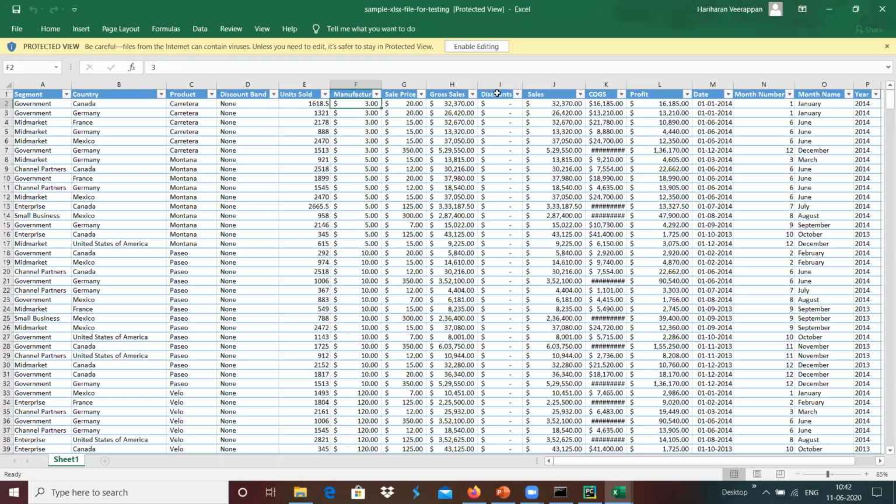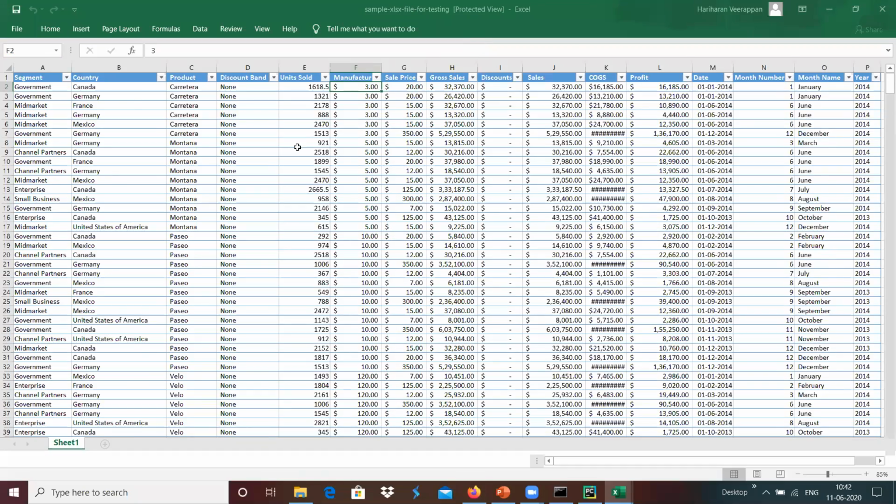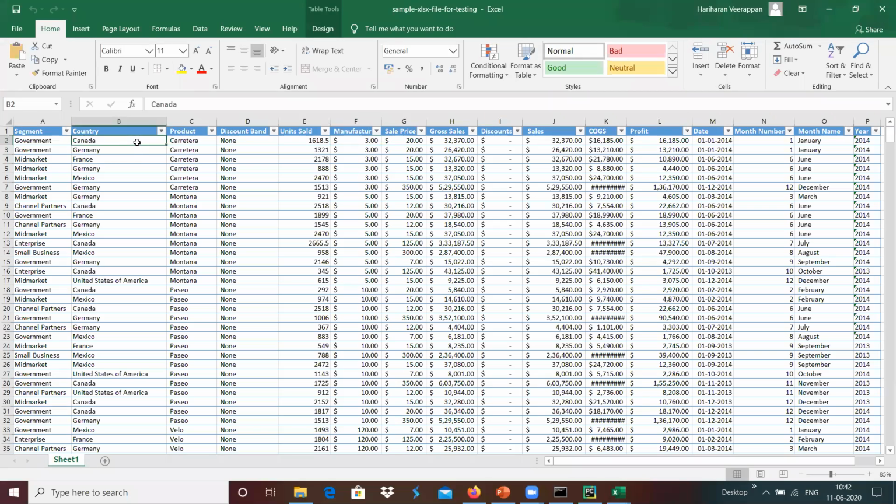If suppose we wanted to do analytics, for example, how many orders have gone to Canada, or how many orders are government segments, or mid-market, or how many orders for channel partners, like that we wanted to check. If we wanted to check this with analytics, then how will we do it over here?